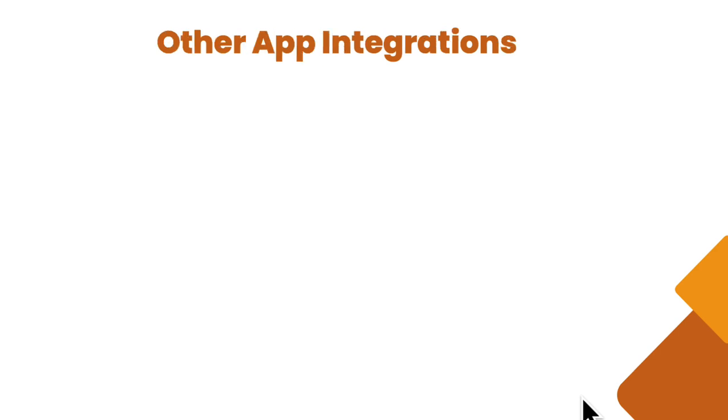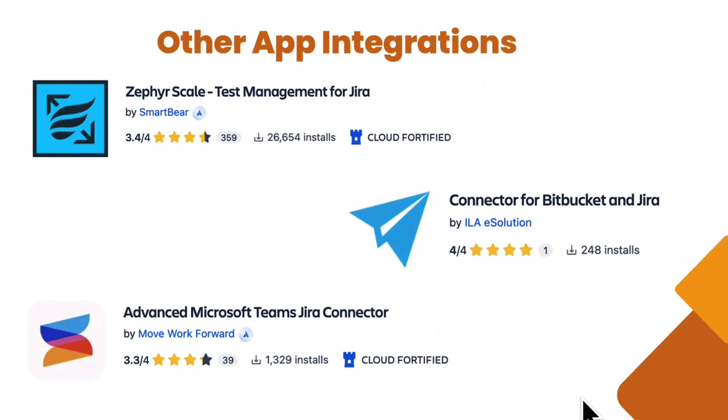Other commonly used app integrations are Zephyr Scale, which is a test management app allowing teams to create, organize, and execute tests within Jira. Then the Advanced Microsoft Teams Jira Connector, where teams can receive Jira notifications directly in a Microsoft Teams channel, improving communication and collaboration across the organization. Another one is the connector for Bitbucket and Jira. After enabling this app, developers can link commits, branches, and pull requests directly to Jira issues for better traceability and